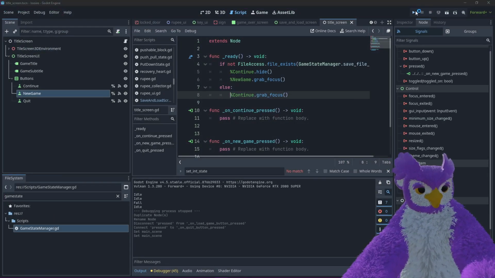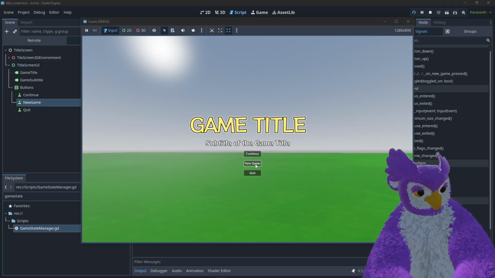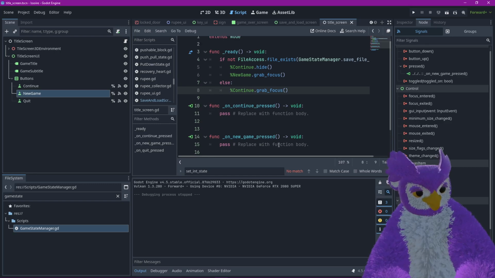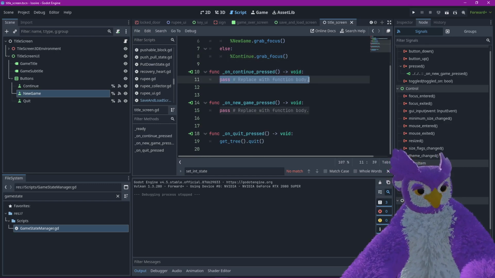So now if I hit run, it takes us to our title screen. Okay, continue. Didn't do anything. New game. Quit. Okay, quit works. I didn't actually hook up any of these, so